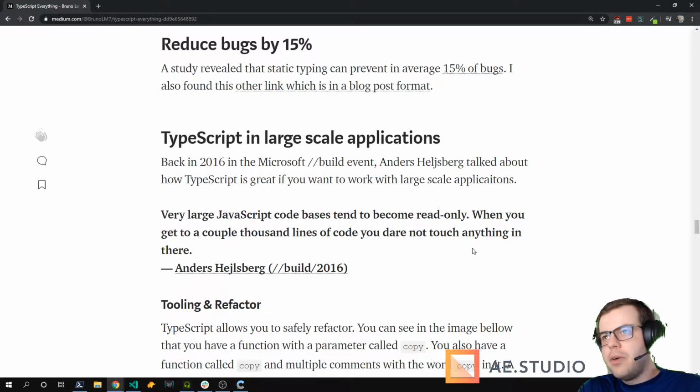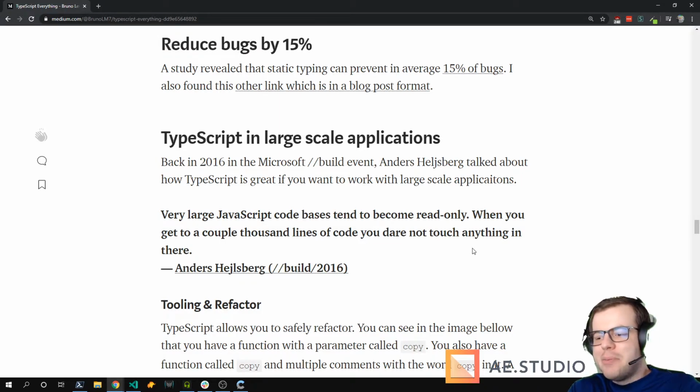He was saying that at some point, your code gets so big that it becomes read-only. You can't change anything because it has so many references that you don't know the impact of changing anything.